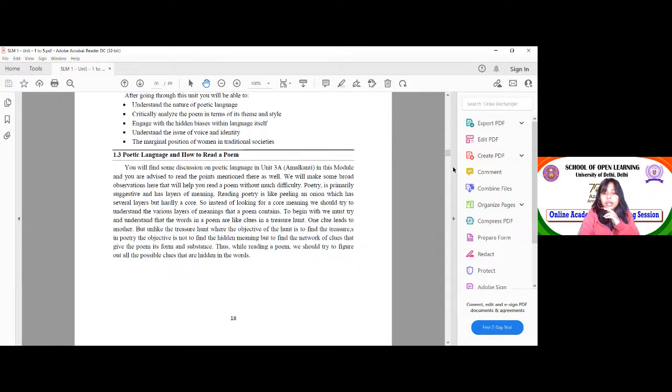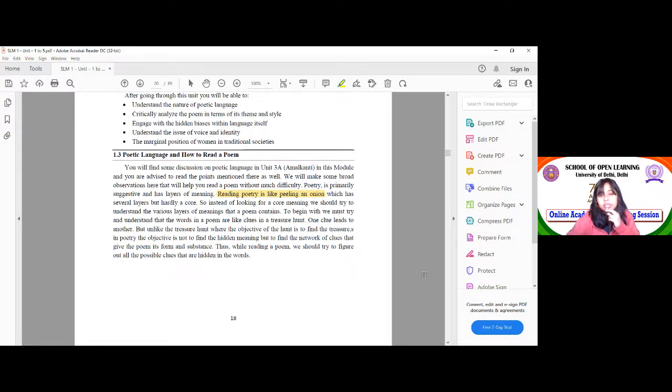So let us now see what actually is being said about how to read a poem. You will find some discussion on poetic language in the next chapter, which we will discuss later. But here we will talk about, like I said, the inner meaning and what is being suggested. Reading poetry is like peeling an onion. Now, this is a very good metaphor or comparison, simply because, like I said,